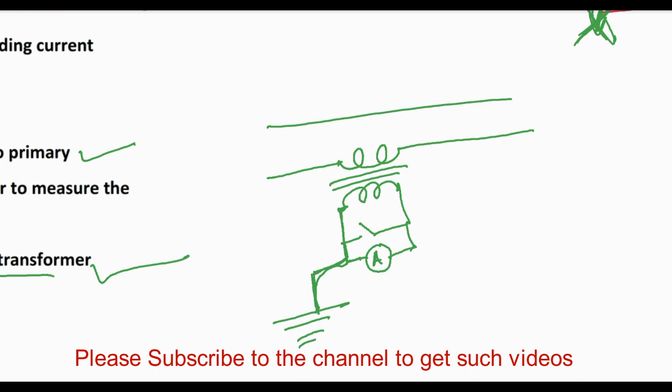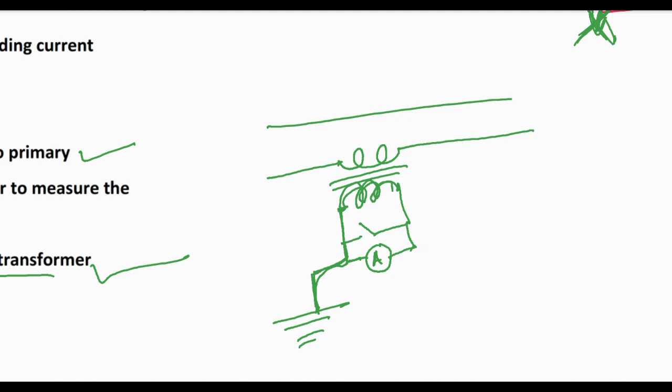And why does this grounding occur? This grounding generally occurs to avoid large voltage on the secondary with respect to earth, because here the turns on the secondary winding are very high, so the voltage difference will be very high. So we have to earth one terminal to avoid the insulation breakdown of the instruments and in the secondary portion, because the secondary is nearer to human access.